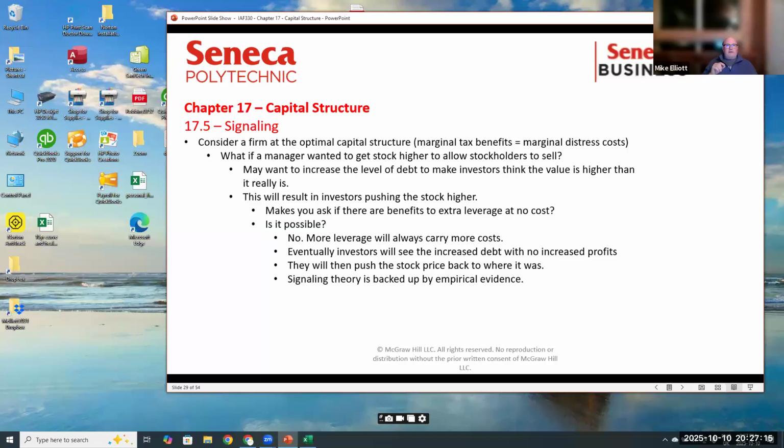They were also guilty of a lot of monkeying around with returns. And when they went bankrupt, the question was, how is it possible that they were able to get this much debt using these few assets? And they pledged again and again and again the same assets. And they factored stuff again and again and again. So when everything started to be unwound, there was nothing left to unwind. Signaling theory is backed up by empirical evidence. It happens all the time.